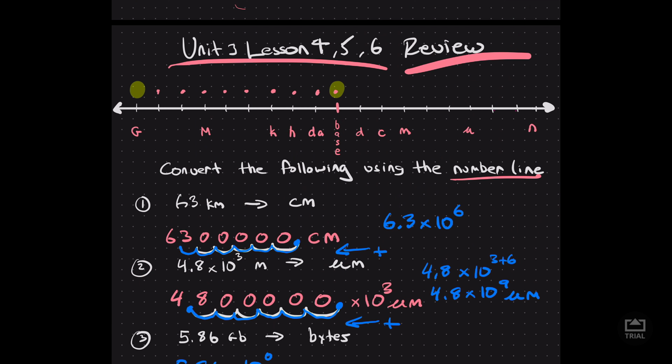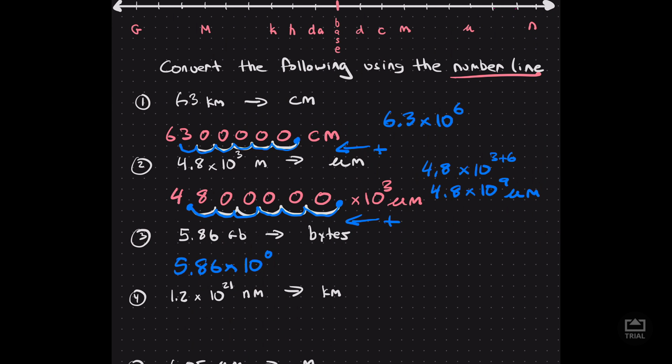Okay, so if I'm going 9 jumps to the right, that means I'm going to have decimals going in that direction. So what I'm going to want to do is, instead of actually adding all these zeros and then bringing them back, let's just do what we did in the previous two, which is, I know that I'm going to have a whole bunch of zeros, which means I'm going to need to bring it back to the left when I'm done, the number of jumps that I'm going to make. So I'm going to add to that. So it will end up being